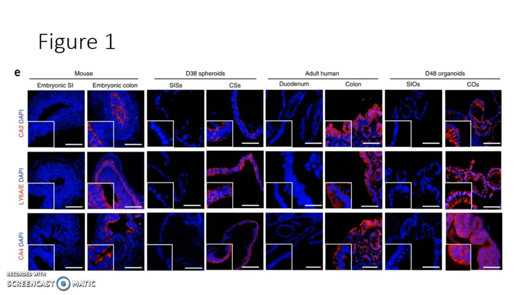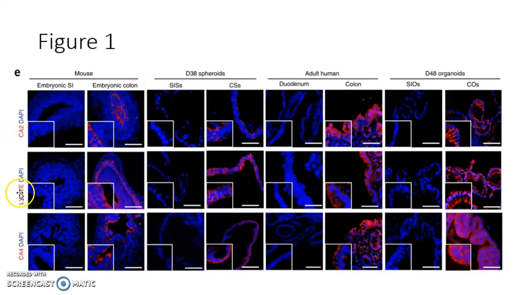So eventually this figure leads into an immunohistochemistry analysis of these embryonic stem cell derived small intestine spheres, the colonic spheroids, the small intestine organoids, the colonic organoids. You get the point. The authors want to confirm the expression of established colonic markers,